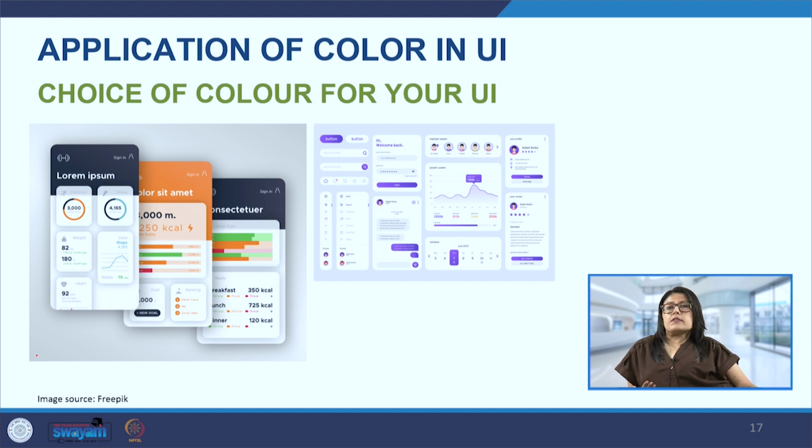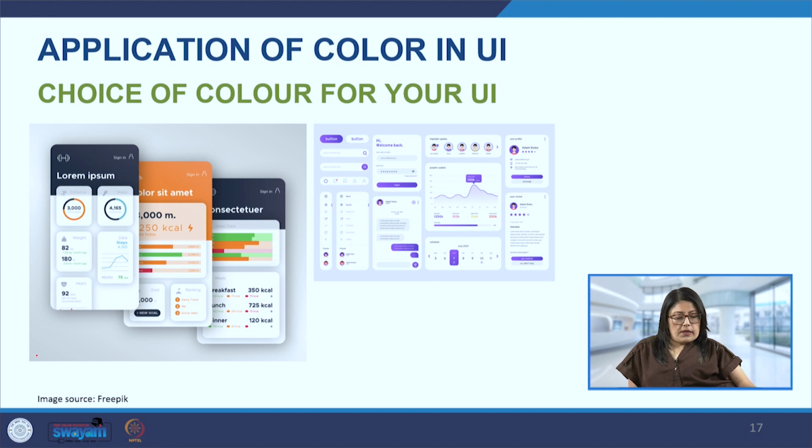So it will be an interesting study to see how different sectors are communicating with the help of the color alone, and how when we immediately see a certain color, it helps us connect, or it helps us recall that particular brand. So when we see a certain hue of yellow, a certain shade of yellow, we connect that with McDonald's. But when we see another hue of yellow, we connect it with Flipkart. So different shades and tones are also something we associate with different brands.